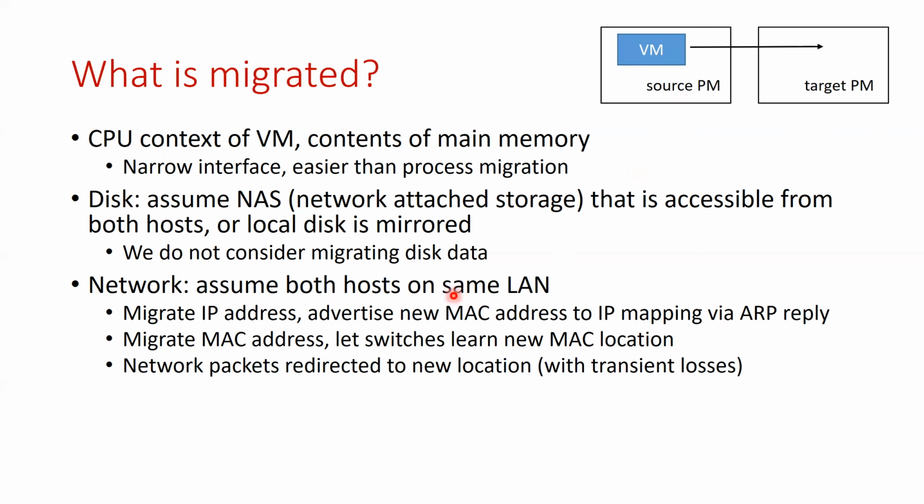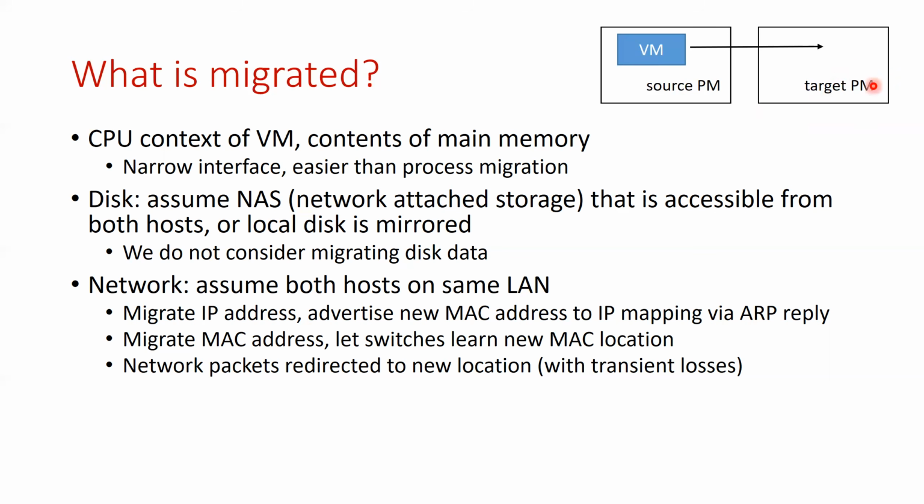So note that we assume that both hosts are on the same LAN. That is the common case scenario for migration. So it's enough if you just tell the switches about the new MAC address. Or you can also migrate with the MAC address at the layer 2 itself. You take this same MAC address to this new location, and then the switches will learn of the new MAC address location. Most switches in switched Ethernet networks today are learning switches. They learn where MAC addresses are located. And if you unplug a machine, plug it in a different location, the switches will learn that the MAC address has migrated.